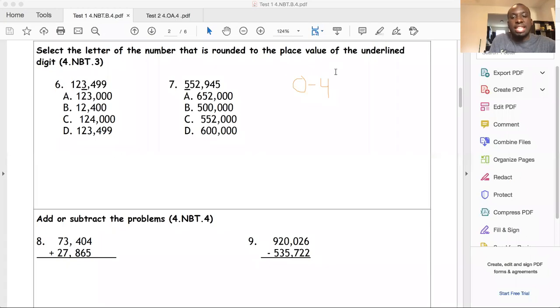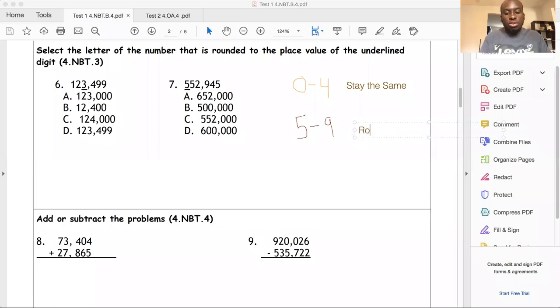Yes, it stays the same. If the number is 5 through 9,